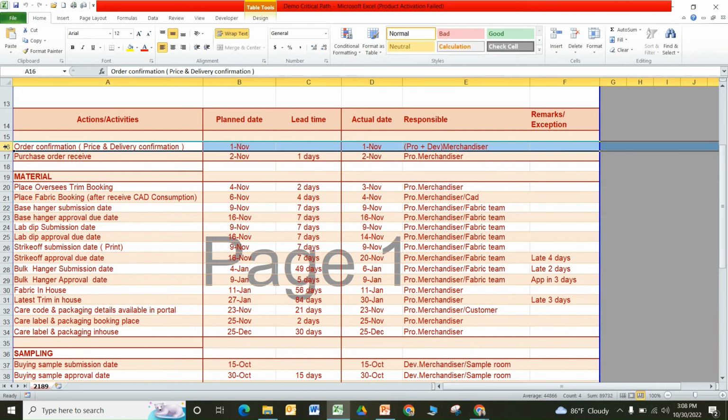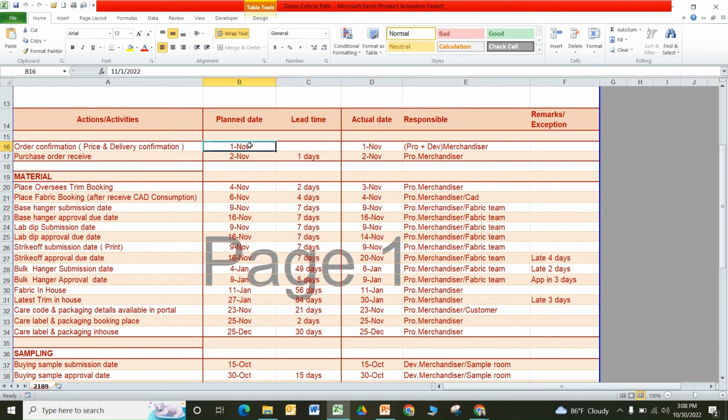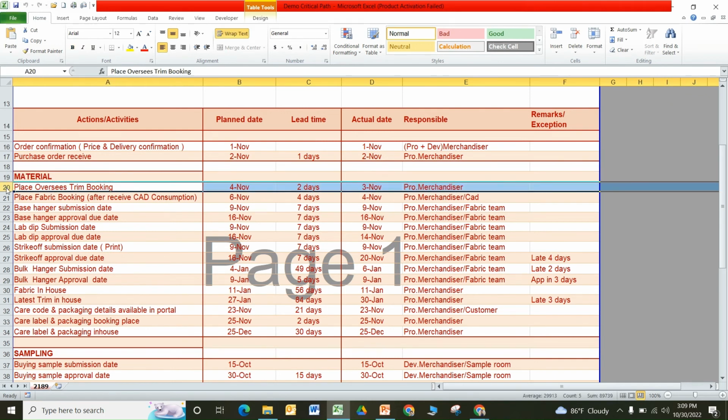First, order confirmation, price and delivery confirmation actually. So my planned date is 1st November. Then after order confirmation, purchase order received, I have taken only 1 day to receive and it is production merchandiser's responsibility. Then come to material portion. For material portion, after receiving this order, place the overseas yarn booking first because its lead time is longer than fabric, local fabric. Then